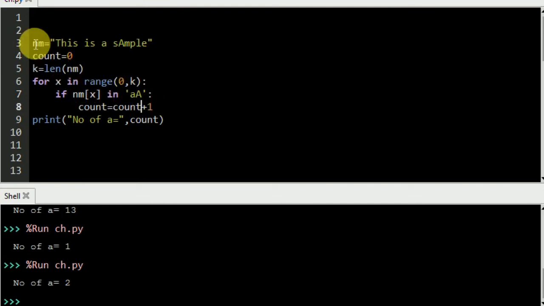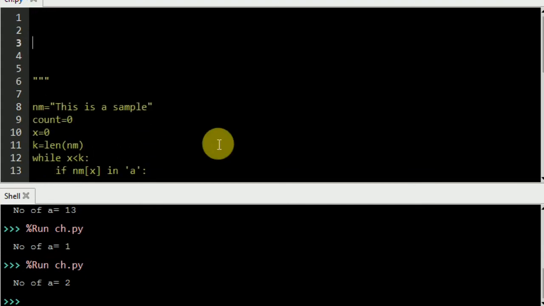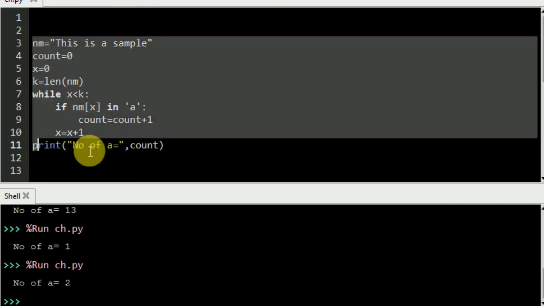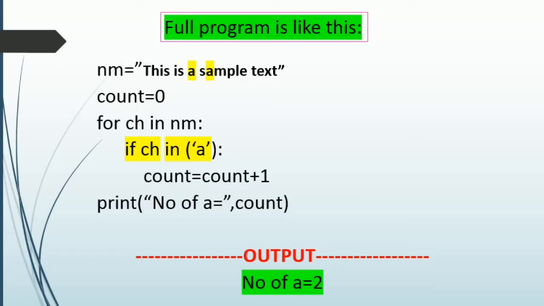The same thing is going to apply on all the questions. If you want vowels, every type of question is going to be done. If you want to use a while loop, then again the same thing. Only you have to make some changes and you will get the answer in the same way. All the 3 methods are there. It is up to you which loop you want to use, and you will get the answer. Now let us go back to the slide.